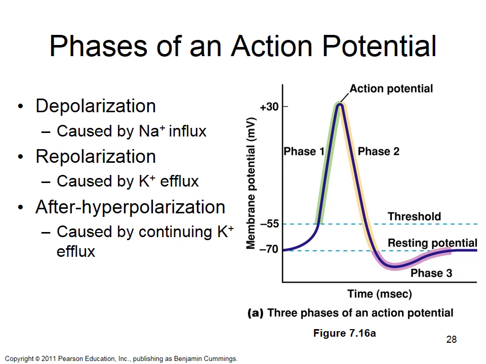So we just watched that video talking about action potentials, and now we'll go through step by step. Right, so here we have membrane potential on the y-axis and time in milliseconds on the x-axis. Okay, so action potentials are really fast. They occur within milliseconds. And we're going to separate the action potential into 3 phases. Phase 1, which is depolarization. Phase 2, which is repolarization, and phase 3, which is after hyperpolarization.